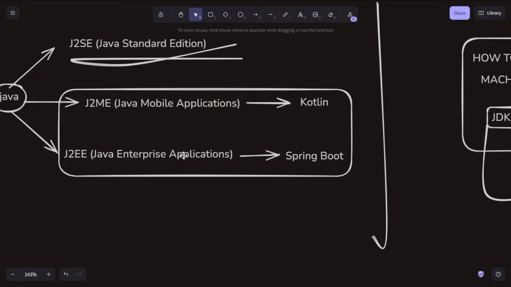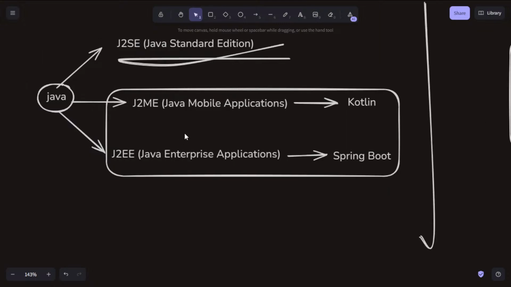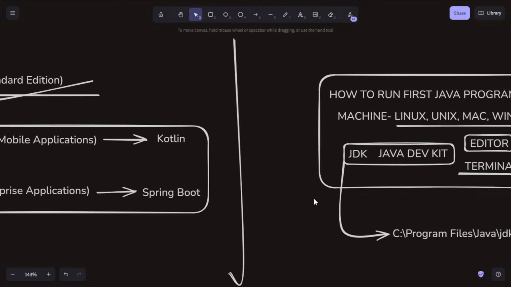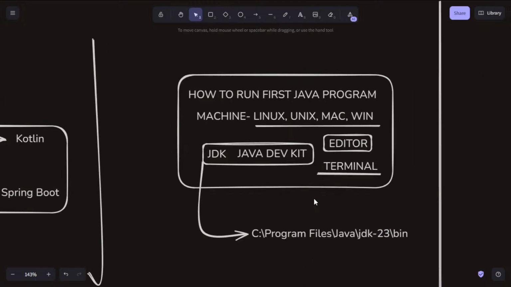Then the editions of Java: standard edition, mobile edition, and enterprise edition. The mobile edition has become advanced versions with Kotlin and frameworks like Android Studio. And J2EE is now Jakarta EE, the new name, which comes into Spring Boot and that kind of architecture.